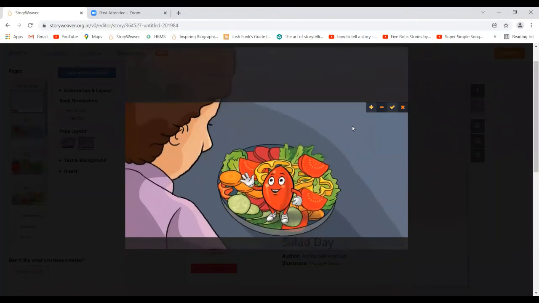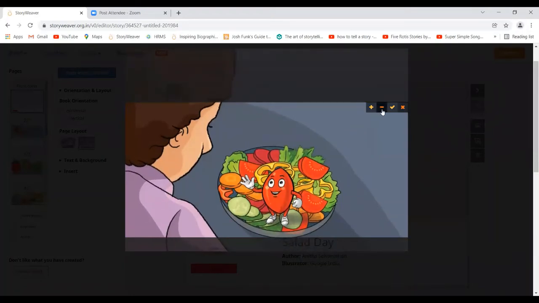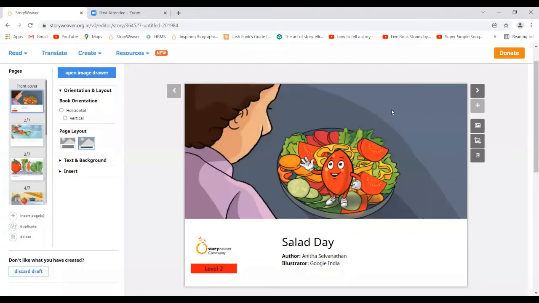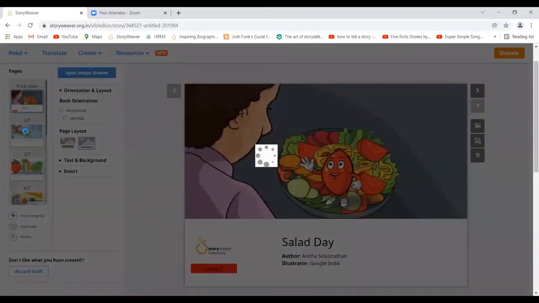So a boy looking at a salad like this. So I'm going to select this. So salad day. A boy is looking at a salad. So this is the front cover. So now we have written, this is the front cover. This is